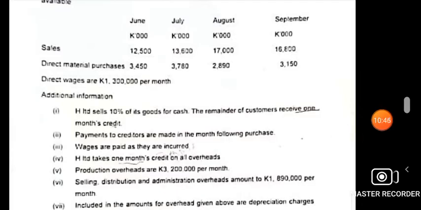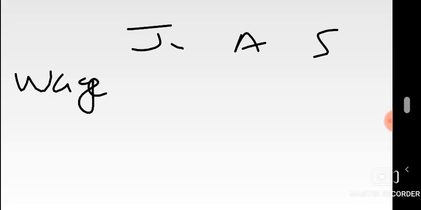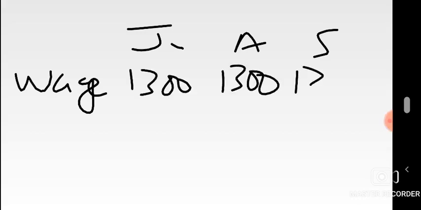We can also represent another payment there. Direct wages are 1.3 per month. So it's like each month will be showing a direct wage payment of 1.3. So that statement means, and we'll show it just like this. You have those 3 months, July, August, and September. Then you just say wages, and they said per month. So each month you have to see that figure, because it's a fixed amount that will be showing each and every month. Done. Represented. It's also under the payments.